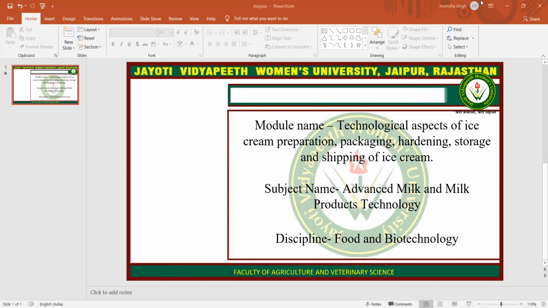After selection of ingredients, there is another step, which is figuring and formulating the mix. In this, the weight or volume of each individual ingredient must be known and they are basically weighed. Then the third step is mixing or preparing the mix. Liquid ingredients with continuous agitation and heating, followed by mixing of dry ingredients at the temperature of 49 degrees Celsius.